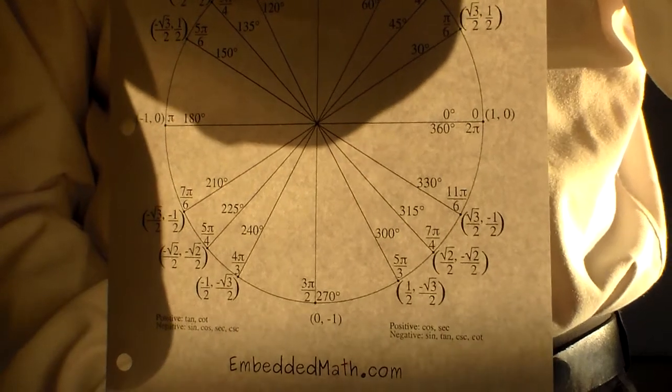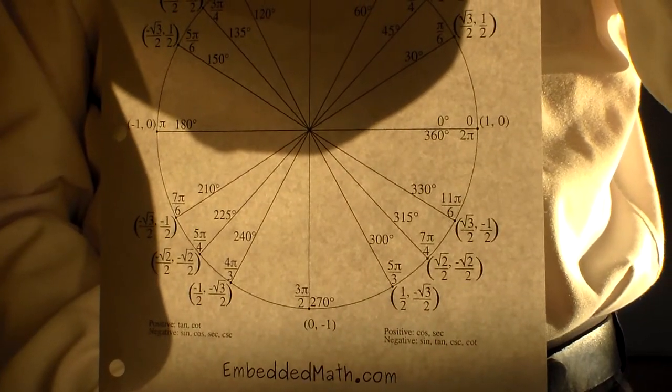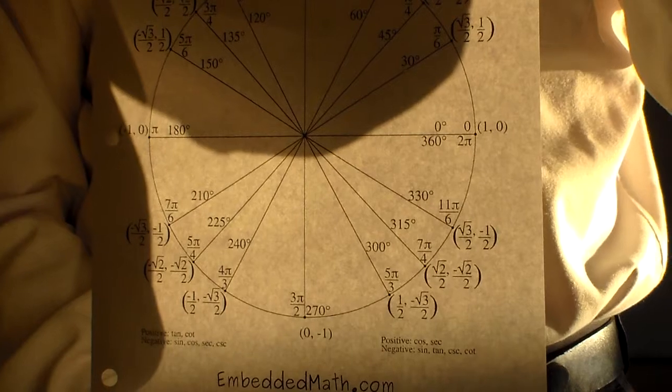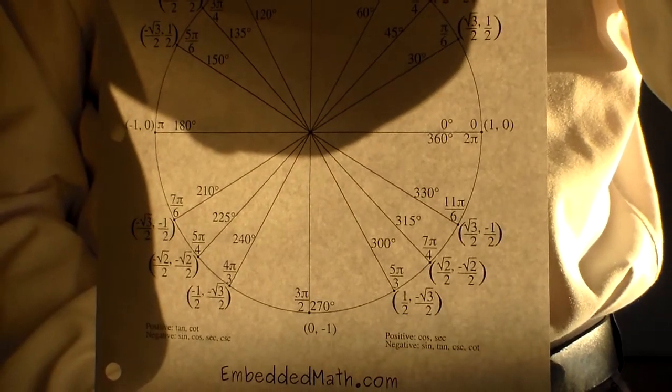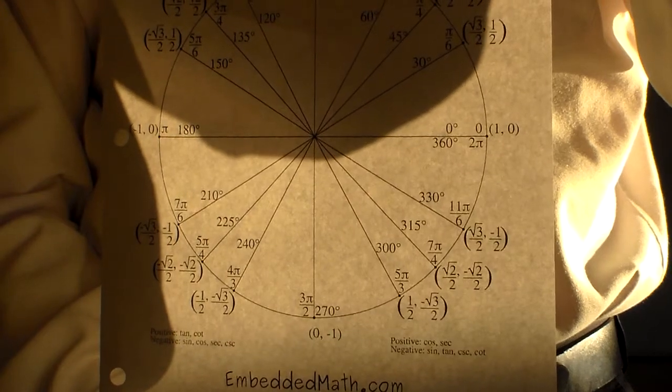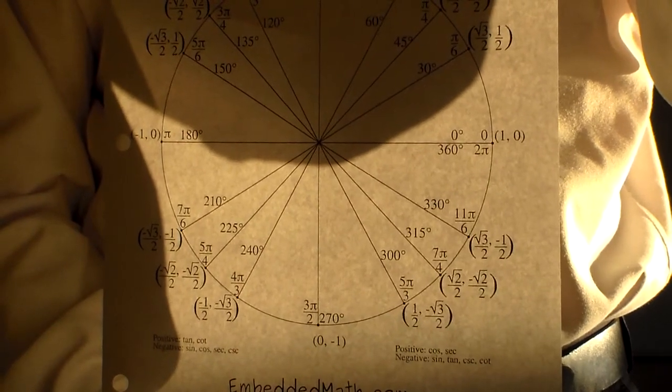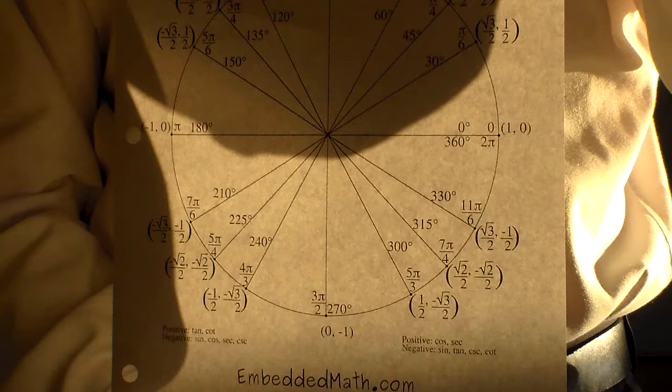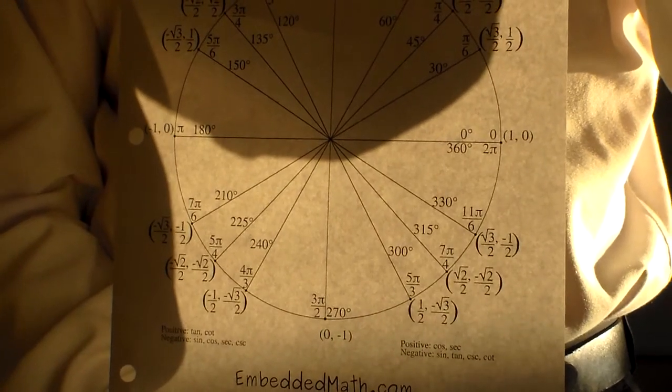All right, this next part we're going to be working with finding exact values of trig functions. You're going to want your unit circle. The unit circle looks like this. If you have one, get it out. It will make the math very, very easy and very, very quick, and we can use this. So like I said, you might want to get your unit circle, and without any further ado, let's go work